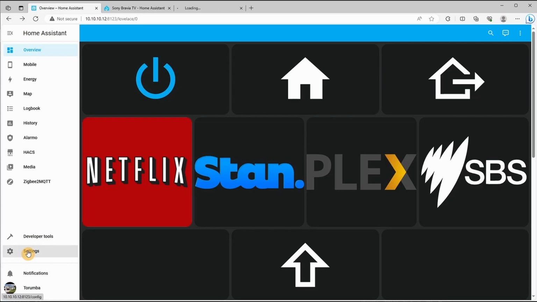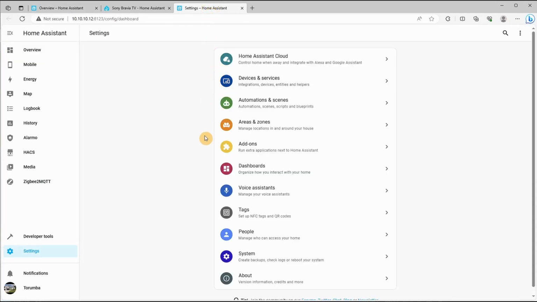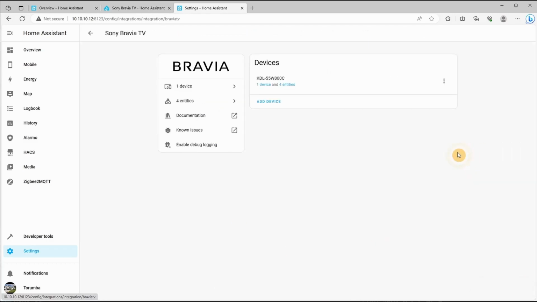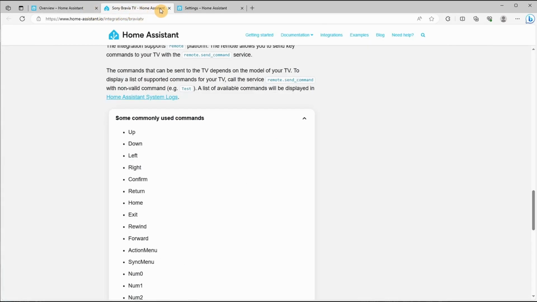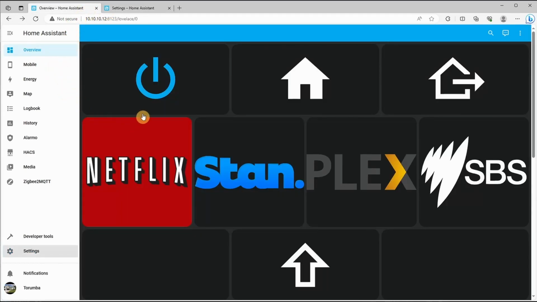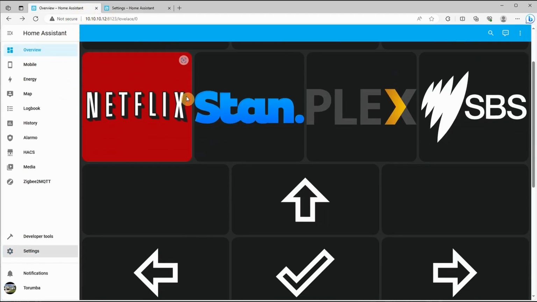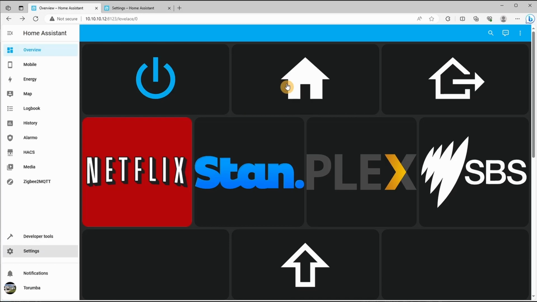So when we click the TV on, and we go to settings and go to integrations and to the TV, we can see the TV is on. And also it will light up the controls. So we can click home,